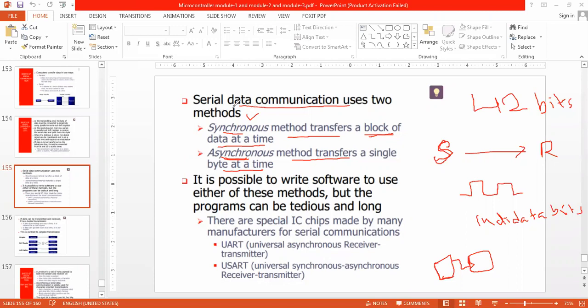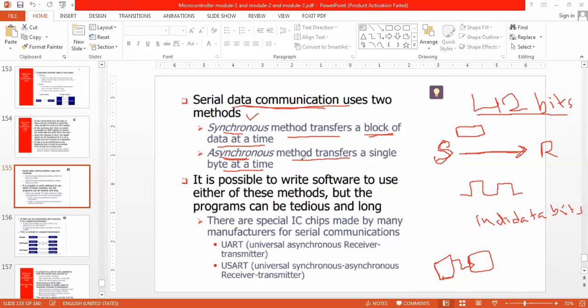Serial data communication is happening in two forms. When I have 42 bits of data, I can send the complete 42 bits as one packet. This is synchronous.